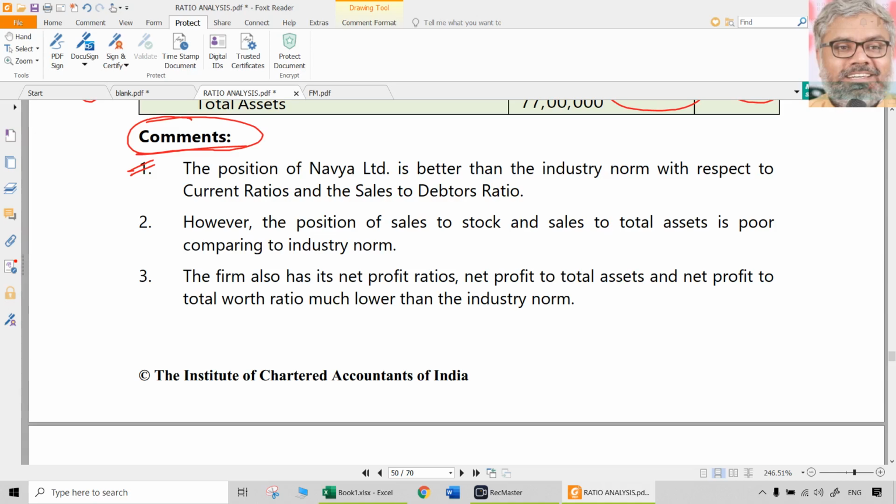So this is another problem. Sometimes only ratios computation will be asked and people will give their valuable opinions. When nobody asked, please don't give your valuable opinions. Keep it to yourselves. When it is asked, then you cannot be silent. So if asked, give comments. If not asked, just calculate ratios or whatever is asked in the question.